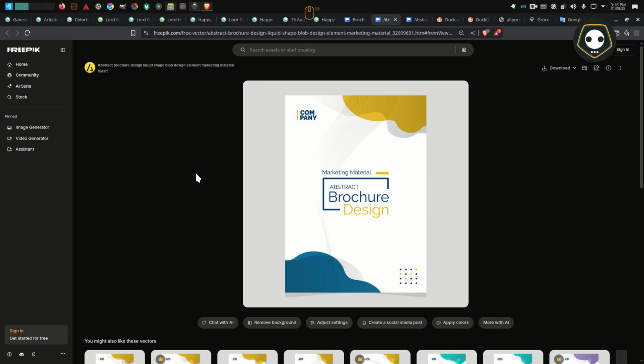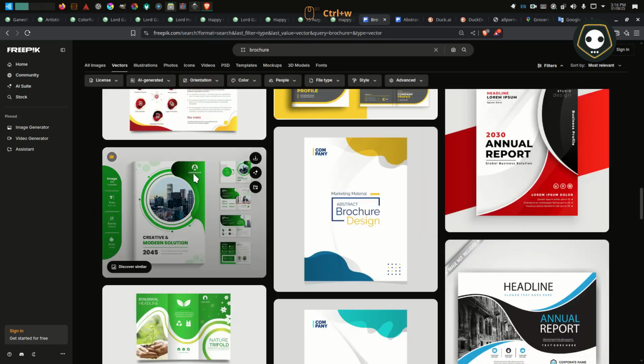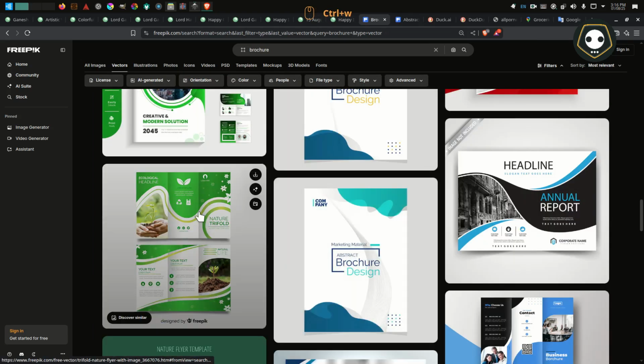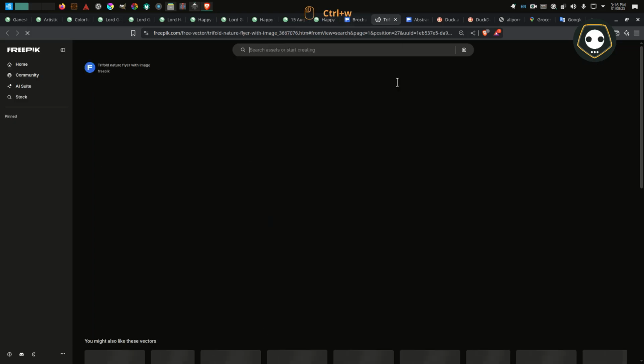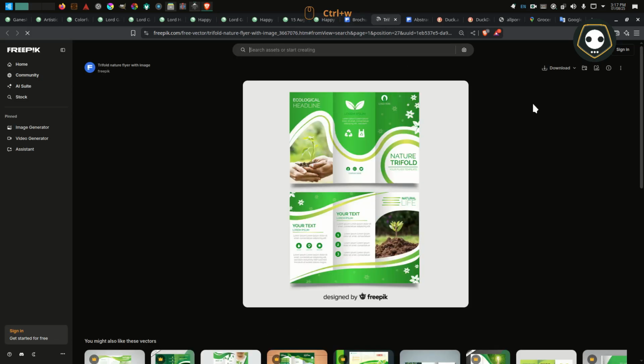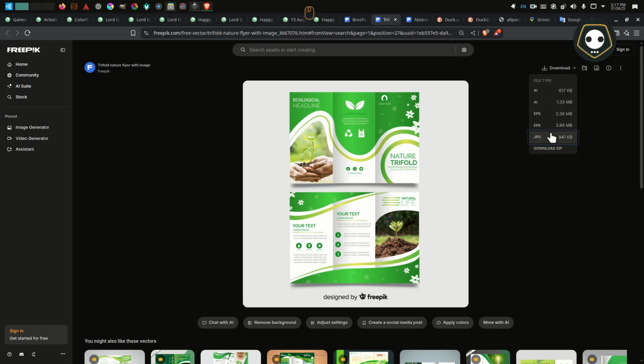EPS can also be imported into Inkscape. If you click on here, you can see there is an AI file available.